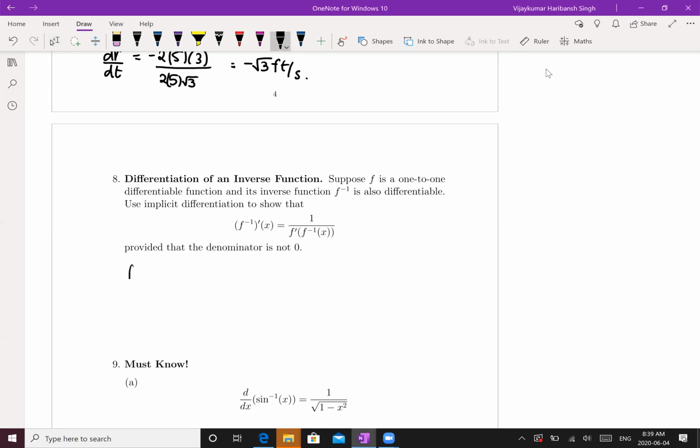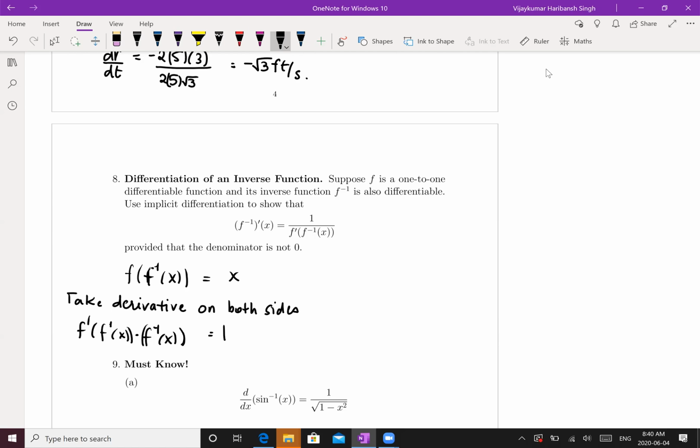So we know that f of f inverse of x is x, right? Now take the derivative on both sides. So on this side you will get 1, right? On the other side you have to employ the chain rule. So let's see, f prime of f inverse of x multiplied by f inverse x